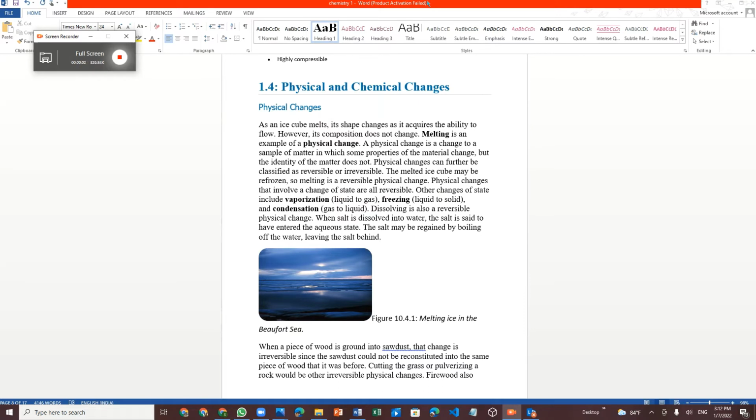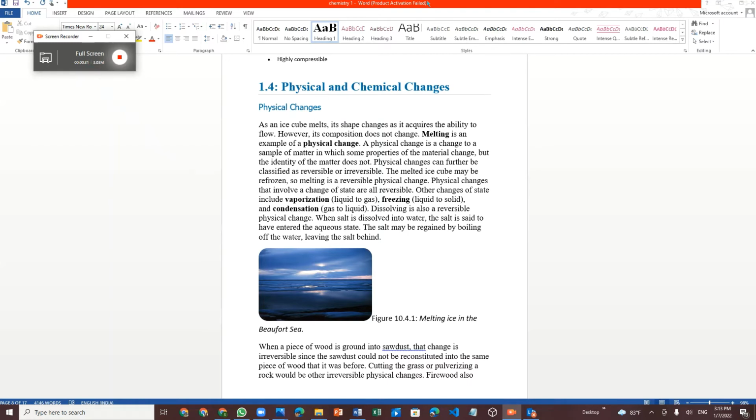Good afternoon. Today we are going to see 1.4, physical changes and chemical changes. So, a physical change is nothing but a change which happens without a change of composition or of the properties of the substances, and it happens physically. For example, if we see the melting of an ice cube, it happens with the contact of the surroundings, physically.